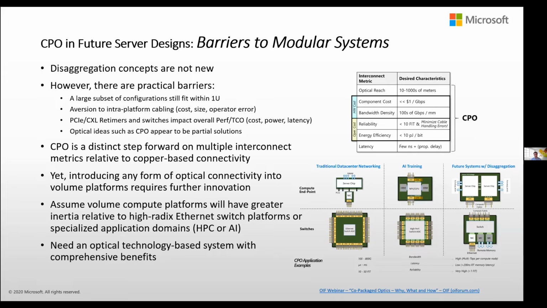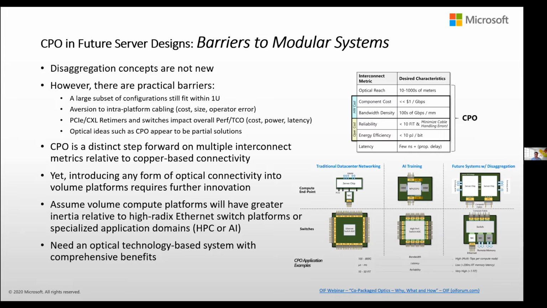And the thing that I want to get into is, where does CPO come into this, right? The starting perception for our platform designers is that these appear to be a partial solution. I've got bigger problems. I'll get into some of the bigger problems in the platform, but we are solving the energy efficiency problem of certain interfaces, but I've got all kinds of interfaces in the platform. So it appears to be just a partial solution. So what is the opportunity for CPO then, right? It is a distinct step forward.